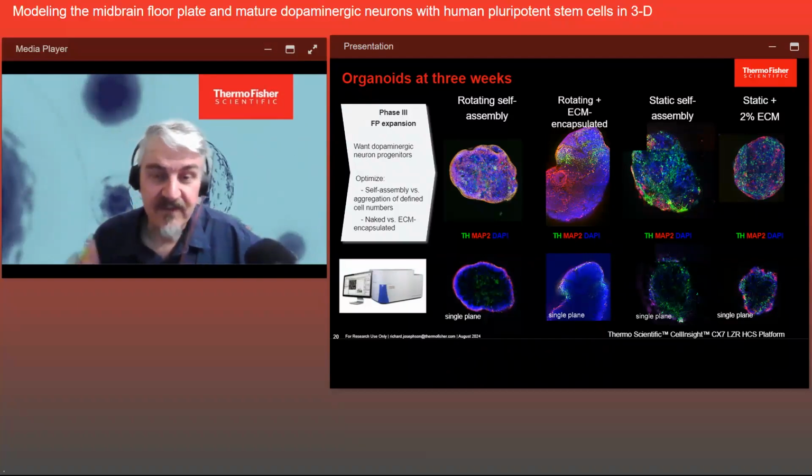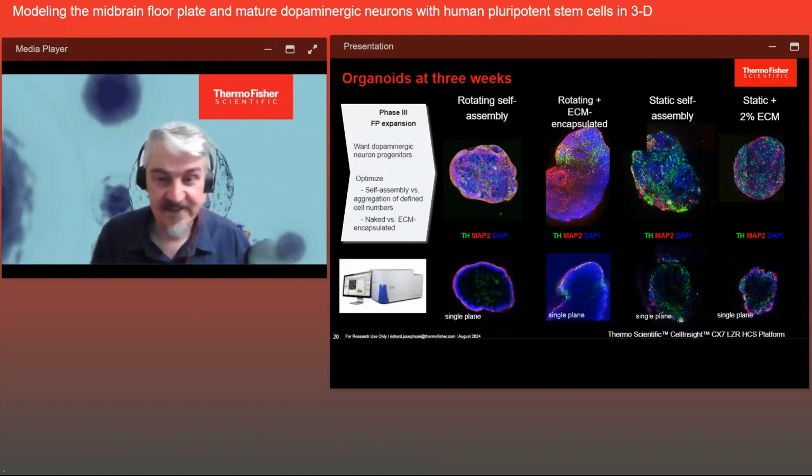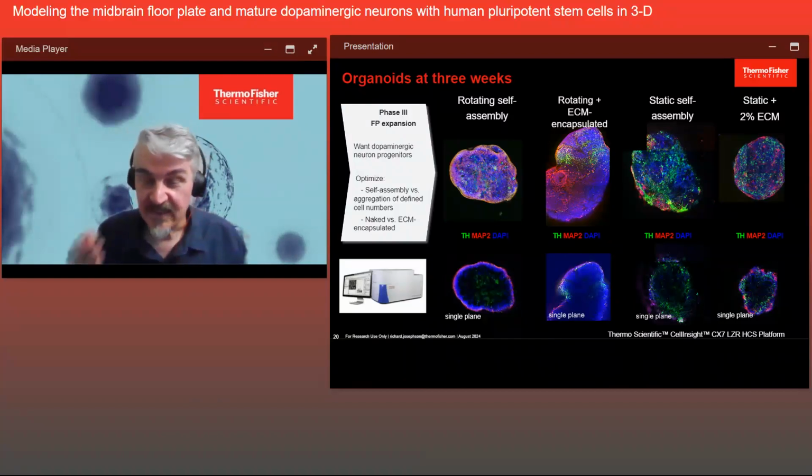So we found that extracellular matrix encapsulation increased the complexity of our organoids and the yield of dopaminergic neurons. But using a dilute Geltrex solution in the microwell gave a similar result, but with organoids of regular size, and also allowing a higher throughput than encapsulation does. So to summarize this portion,